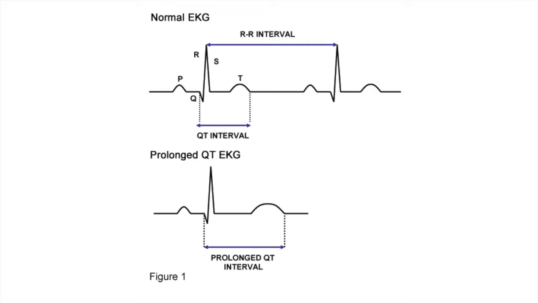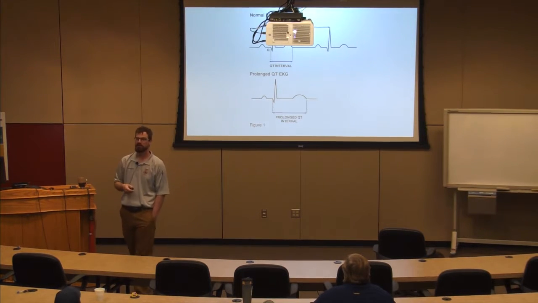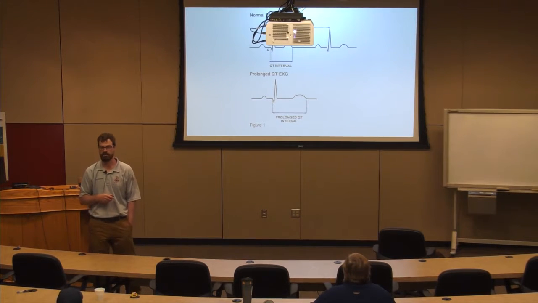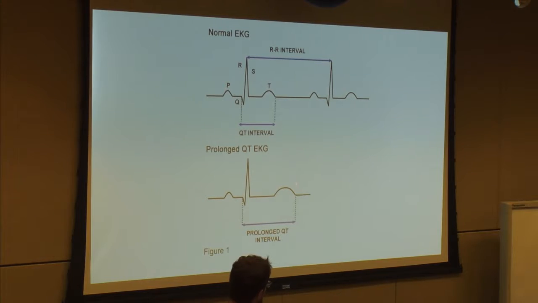So here's an example of QT prolongation. I have an R to R interval and a QT interval, which is half of that R to R interval. That's fine. That's my litmus test for the quick look on QT prolongation, right? If I take this one and I push the end of the T wave out here, well, I've got a prolonged QT, and that's definitely more than half of the RR interval. So that's a wide, long QT, okay? So it's a quick eyeball approach, okay?